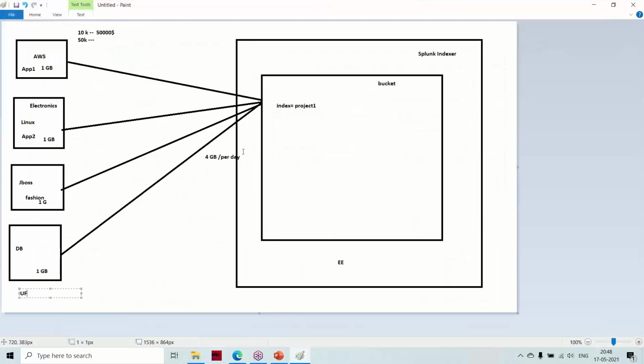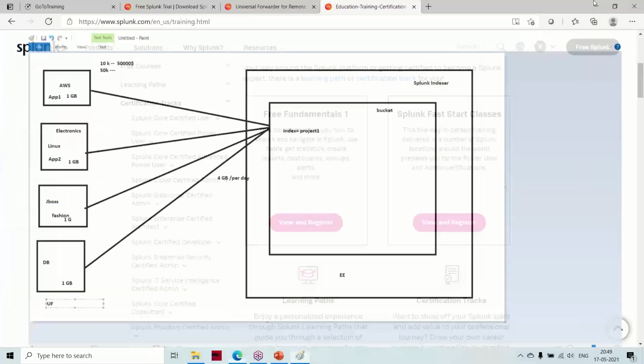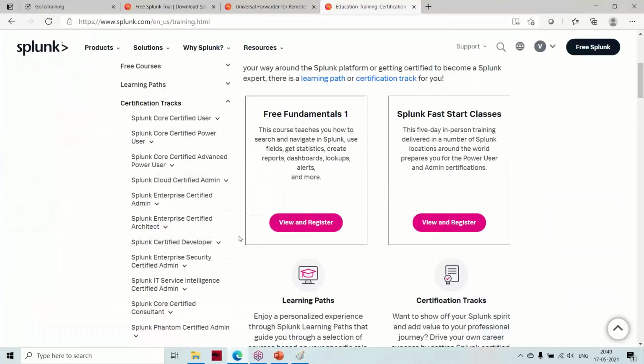Whenever you purchase a license, you will be having your multiple components over here. The data will be shipped to Splunk. If it is on-premises, this infrastructure or this indexer is owned by you. The ownership of the data will be with you. If you go to Splunk Cloud, this data will be maintained by Splunk.